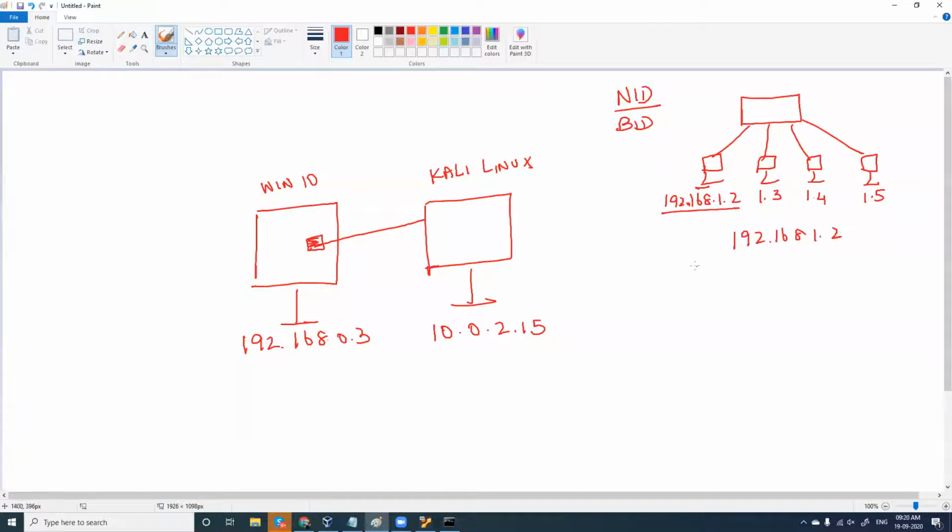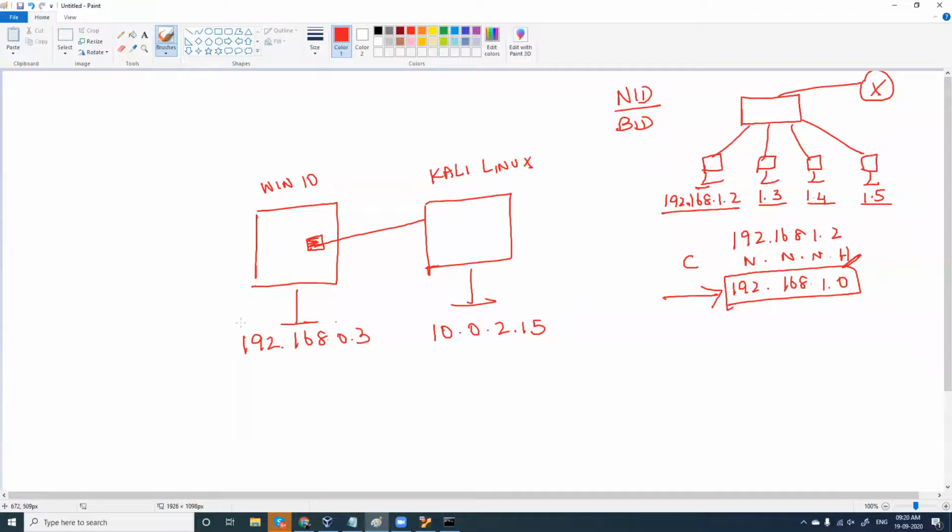How to find the network ID? You need to find the class. Step number 1, class is C, and you need to find the number of network and host portion. For class C, you have 3 network and 1 host portion. And to find the network ID, you have to make the host portion 0. So what will be your network ID? 192.168.1.0. Fine. This is your network ID. Even if you have a router connected to it, any computer in your LAN, you take any computer and try to find the network ID, you will get the exact same answer.